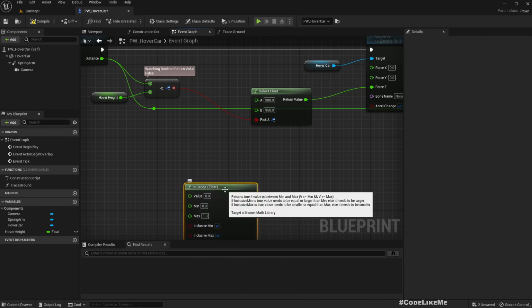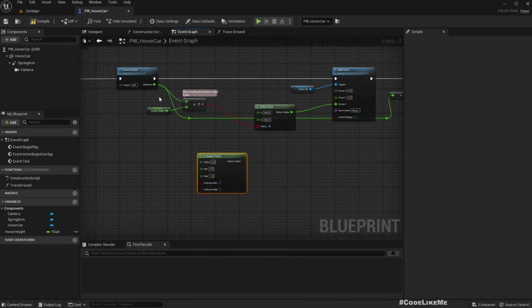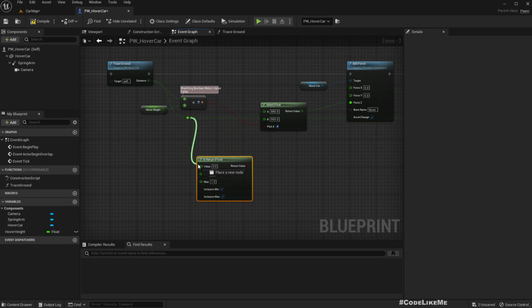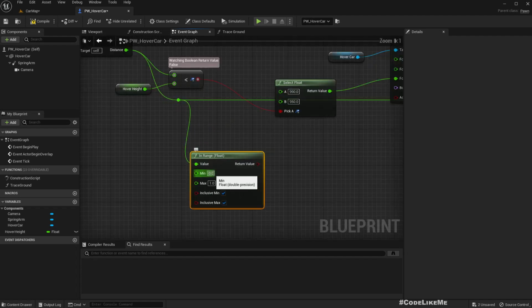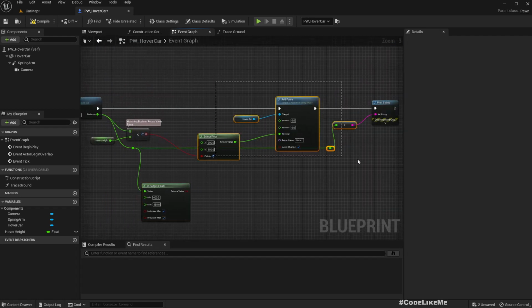Right, so we can get this input and check if it is within the range of 400 and 450. If that is true,